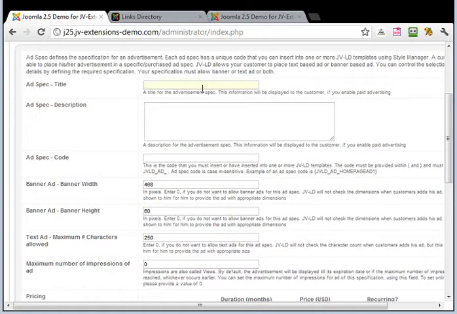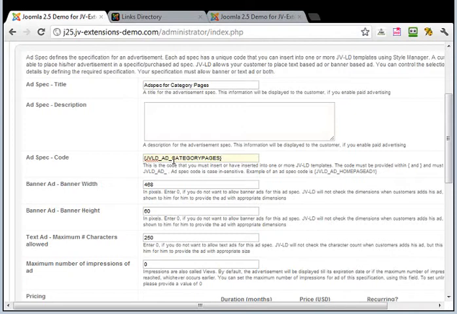So I'm going to say ad spec for category pages, and you can give an optional description, and then you give the most important aspect, which is the ad spec code. There is a particular format that needs to be followed for this, which is bracket JVLD underscore ad underscore, and here I'm going to say category pages.